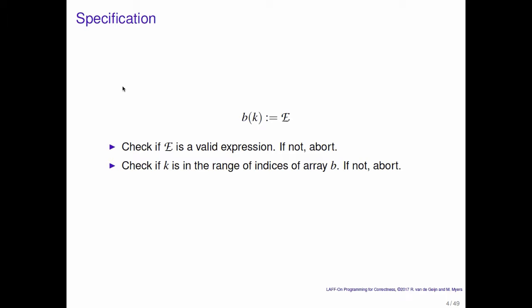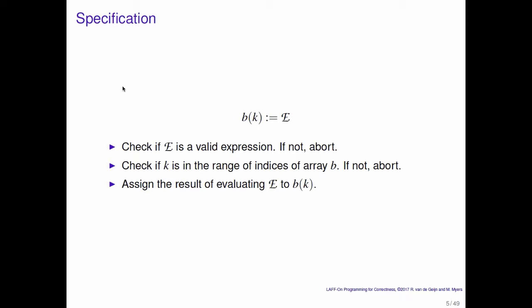So here's the specification. We have an expression E. We want to assign it to the element of B indexed by K. What do we need to do? We need to check if E is a valid expression. If not, then we abort. We need to check if K is in the range of indices of array B. If not, we abort. If we get past that, then we evaluate expression E and assign the result to the element of B indexed